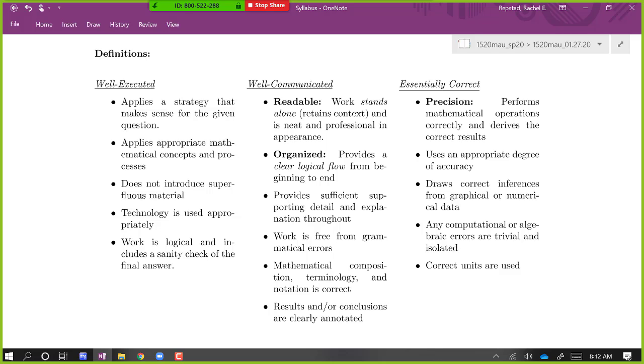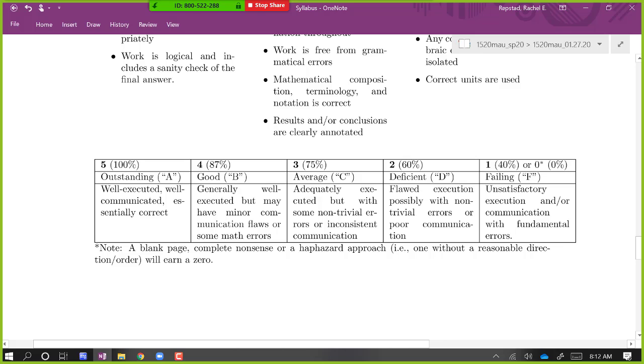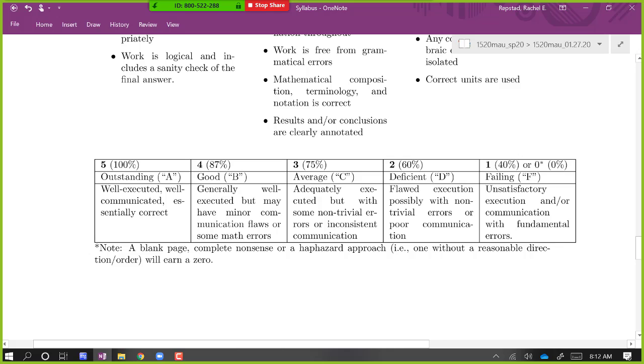And I've described what each of these things means. As I am looking over your solutions, I just put it in one of these bins, right? I look to see, is it A-level work, which gets a 5? Is it B-level work, which gets a 4? Is it C-level work, and so on? If it's A-level work, I just call it 100%. I don't make distinctions between whether something should be a 95 or 100. If it's A-level work, it all gets 100. If something's B-level work, it all gets 87%, and so on, right? So a C is at 75%, a D is at 60%, and F is at 40%.